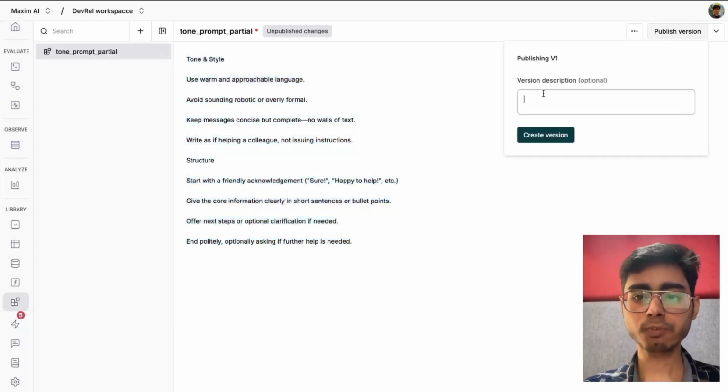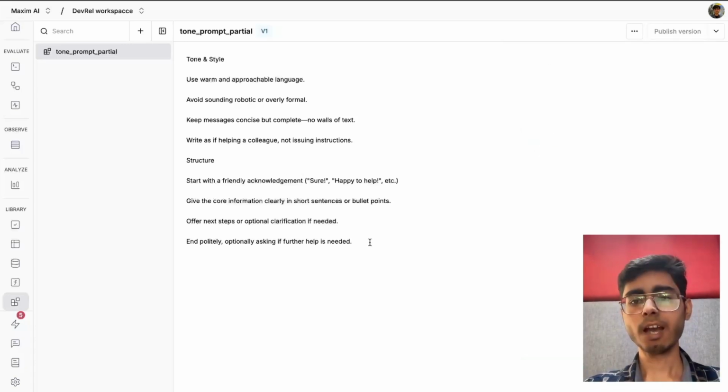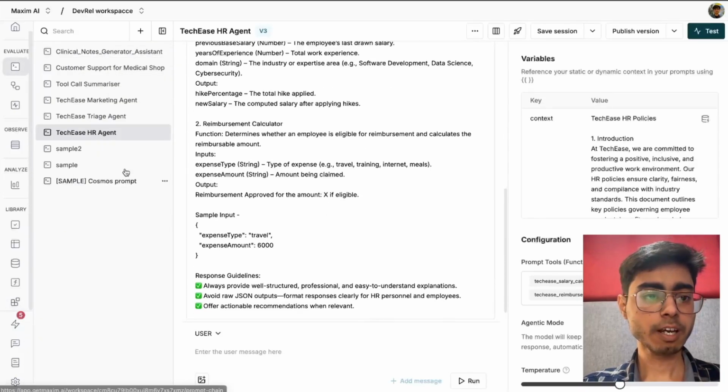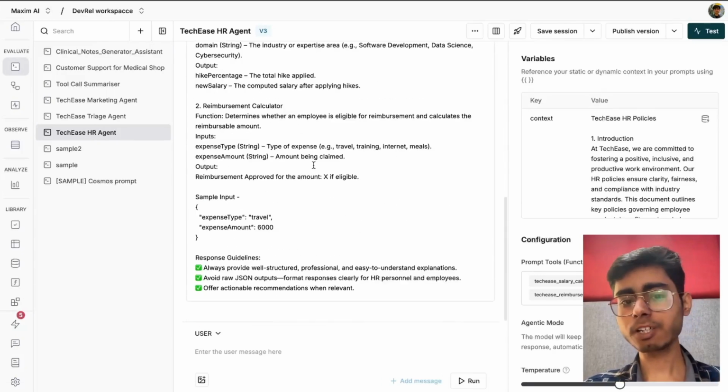Now I'll just publish this version. Let's say the description is: prompt partial for tone and response structure. So this is a prompt description. Let's create this version. As soon as you publish this version, you are all set to use this in your prompts. So I'll go to prompts, single prompts, and I had this HR agent